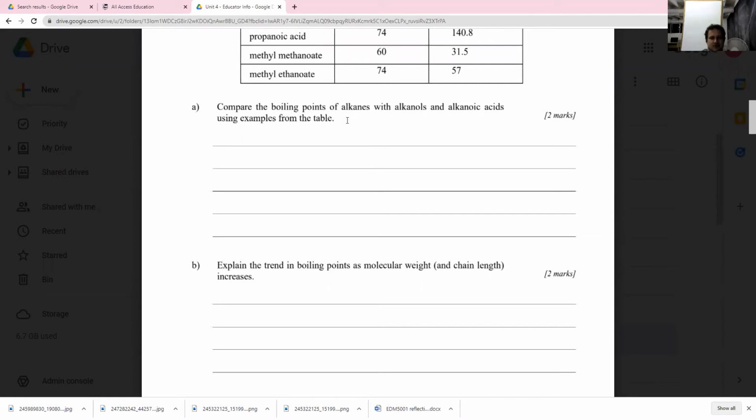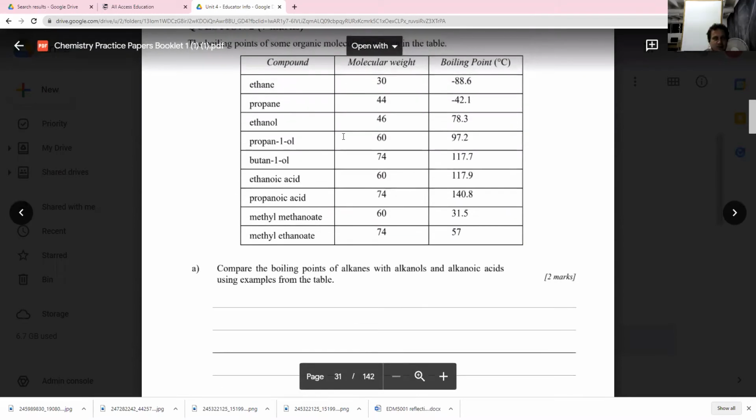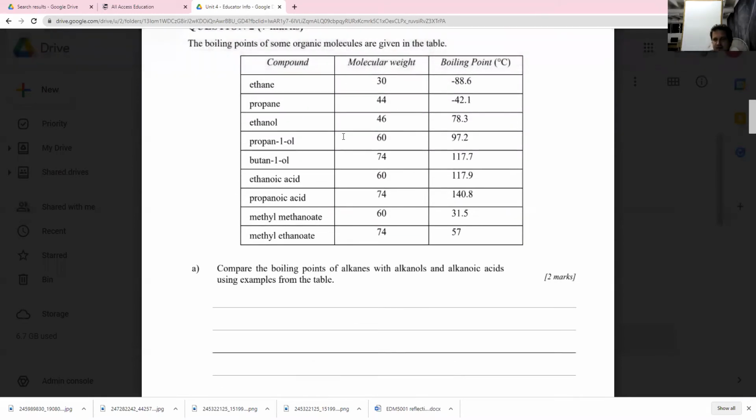What's happening to the boiling point in all 3 of those organic compounds? We have an increase in boiling point. So the trend that it's asking you to explain is that as you increase the number of carbon atoms in